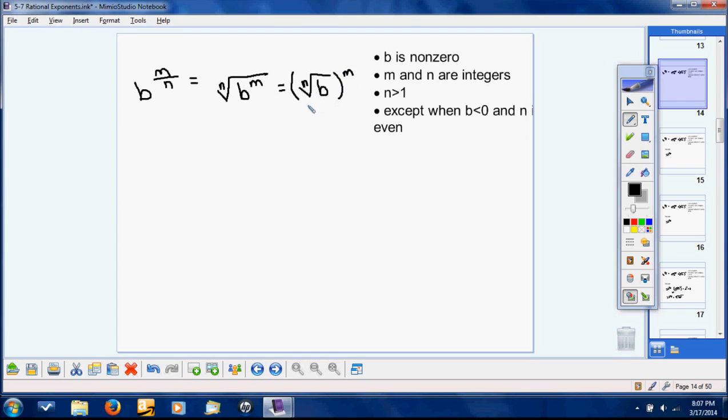Neither one of these is necessarily better until you're faced with a problem and you need to evaluate the solution to that problem. Okay, so